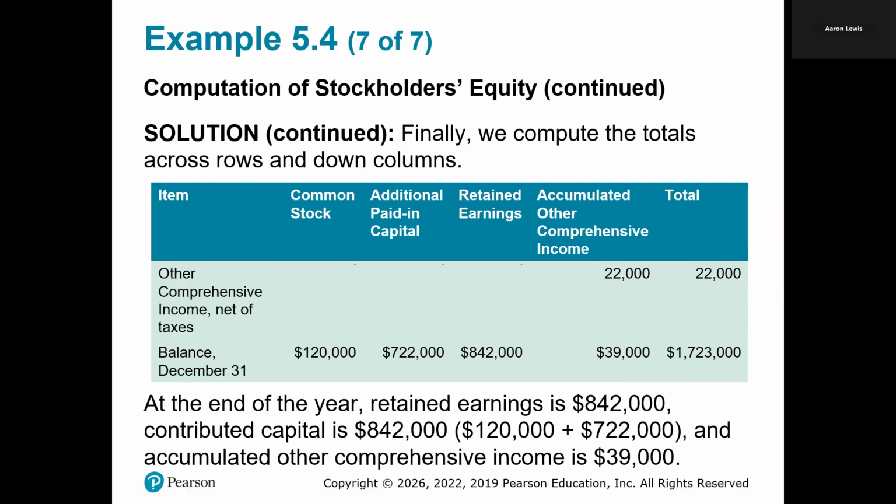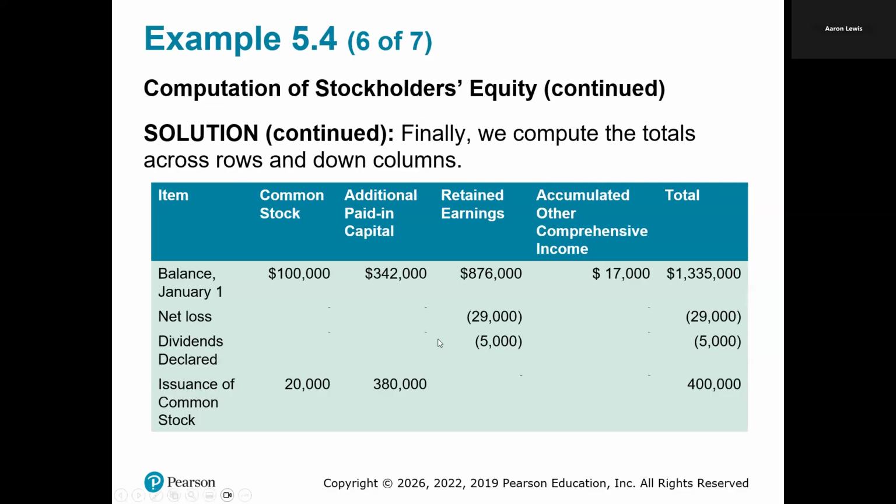Why did the value of this company go up so much during the period? And the answer is right here. We issued a new round of stock. And it looks like we got a pretty good price for it, because there's more APIC off of 20,000 shares than there was off 100,000 shares above. But still, we can't continue to issue stock over and over and over again. The value of our company is increasing because people outside our company are paying us money. We'd much rather have it be that the value of our company is increasing because we have some massively profitable